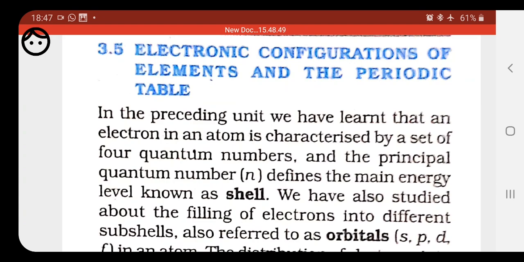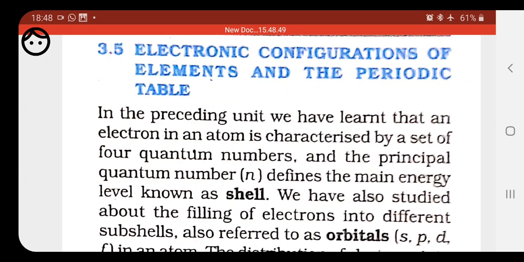Listen, students, whenever you do the electronic configuration, kindly keep all the rules in mind. That is the Aufbau principle, in which electrons are filled according to increasing energy level. Second, the Pauli exclusion principle and Hund's rule. According to that, a half-filled orbital is more stable as compared to pairing while other orbitals remain unfilled. And whenever we fill electrons in any orbital, each orbital should have only two electrons with opposite spin. Keep these things in mind, then you can do the electronic configuration. Okay, so please go through the electronic configuration of all the blocks.